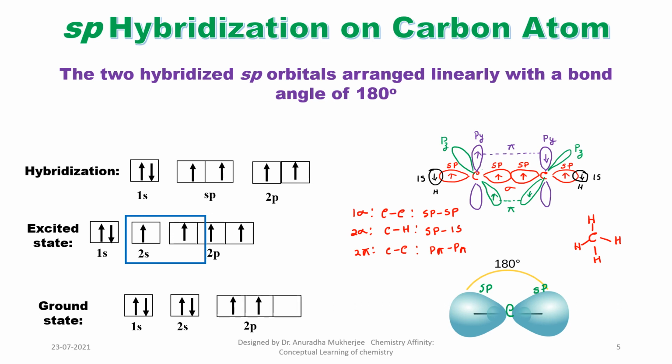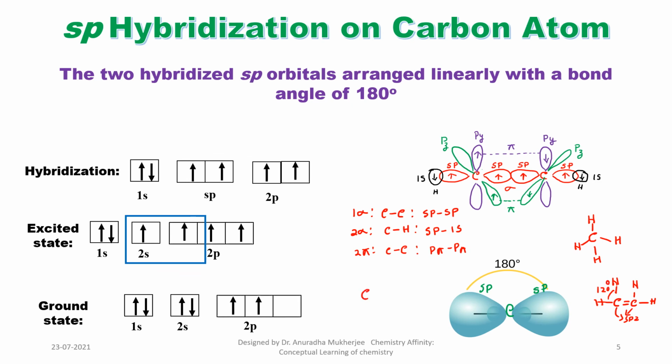Now if I go to the ethene molecule, both the carbons are sp2 hybridized. So the bond angle between hydrogen, carbon and hydrogen is 120 degrees,